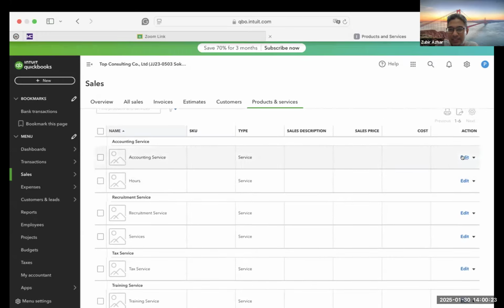Can you please click on edit? I just want to see what account have you chosen as an income account. Click on edit. Batai, click on edit.